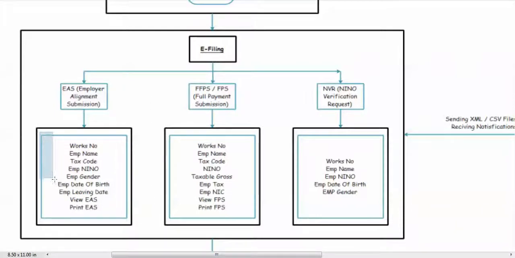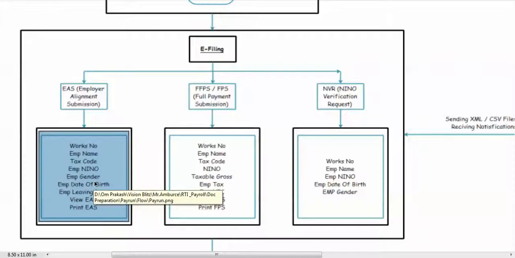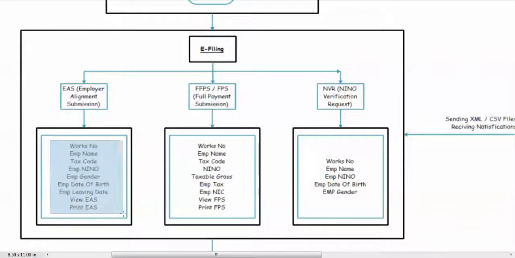And the fields that are going to be shared with the HMRC in EAS are the works number of an employee, employee name, tax code, and